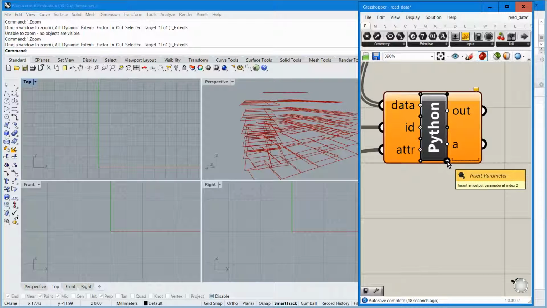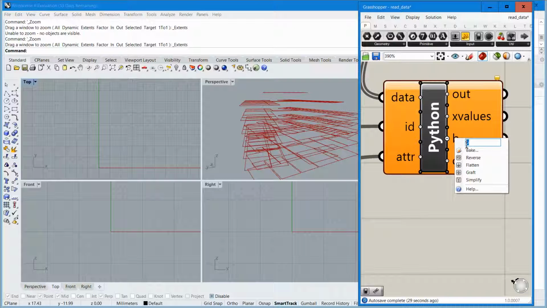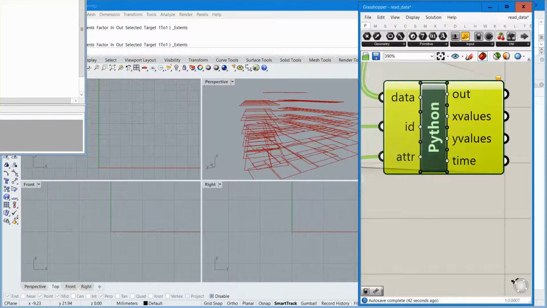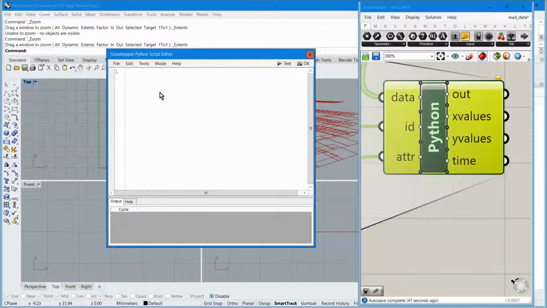We're going to have 3 output parameters. The first is called x values, y values for our graph, and then we're also going to create time, which we'll use for labeling the graph. So if we go into the script editor, again I'm going to delete this boilerplate, and we're going to say that all our outputs are arrays,